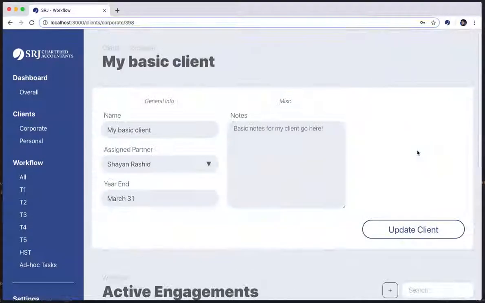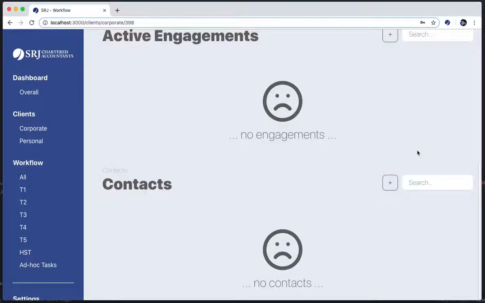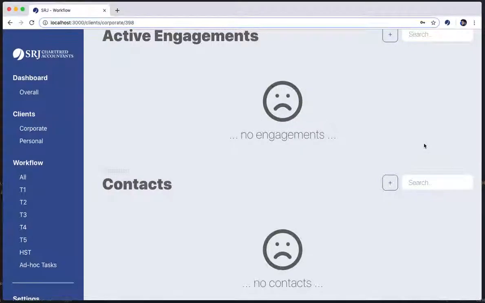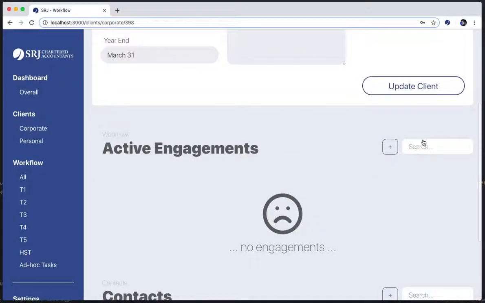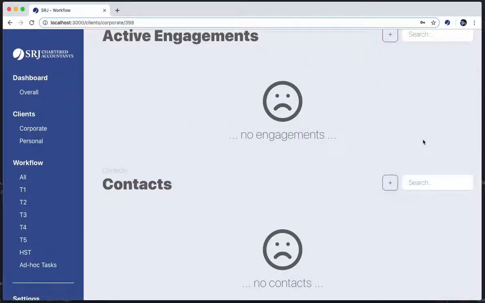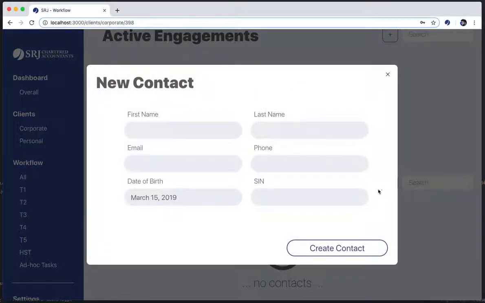And I'm here. Once I created the client, you can notice there are 2 areas here, which we're hoping to combine into a tab, but for now we've just separated them. On the client view, you'll be able to see the active engagements for a client, and the contacts for a client. So I'll add a contact for this client, and I'll put in Fahad as a contact for this